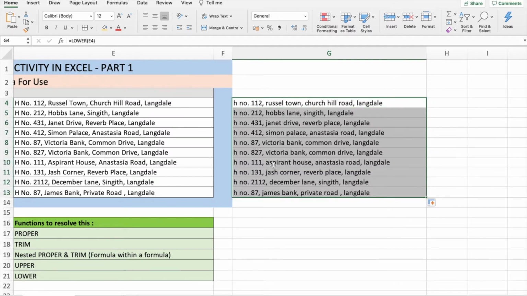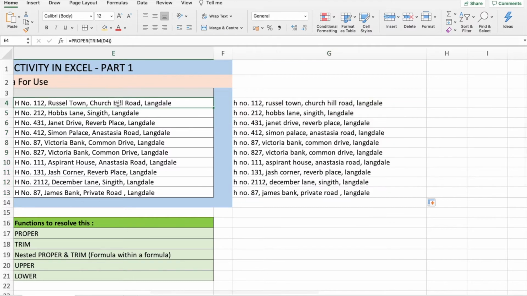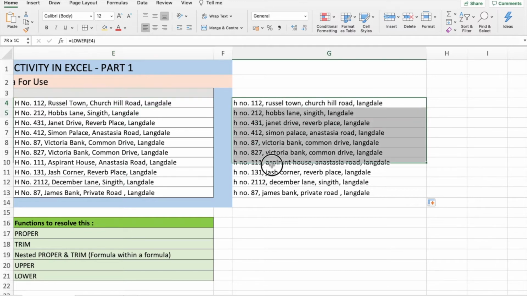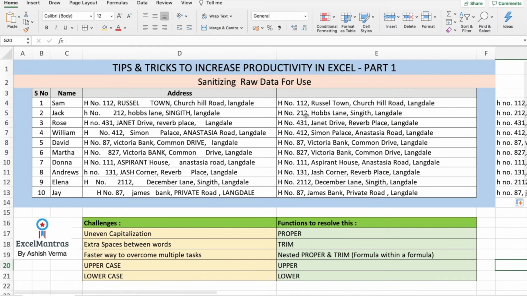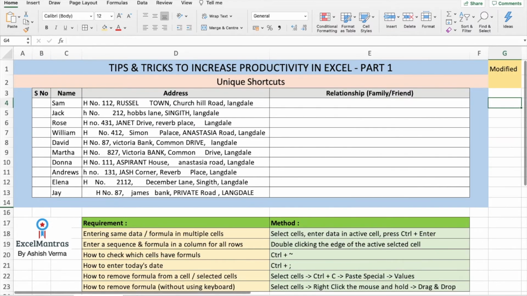Now, this is depending upon your requirement. You can use the standard data which everyone uses, first word capital and rest in lowercase, or you can use everything in either uppercase or lowercase depending upon what requirement or what kind of data do you have. So this is how you sanitize a raw data. Now, let's come to the second section